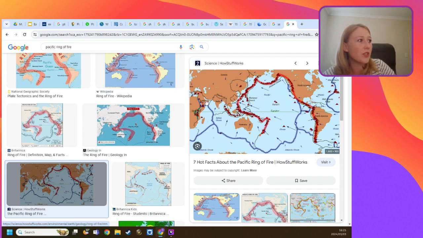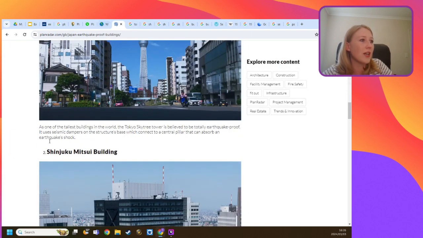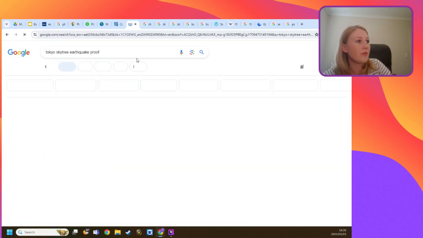Because they are on these plate boundaries, they would expect that there are going to be earthquakes frequently and they monitor them often. Let's take a little look at how some places prepare for earthquakes. And one of the most interesting is Japan. So Japan has Tokyo's Sky Tree,